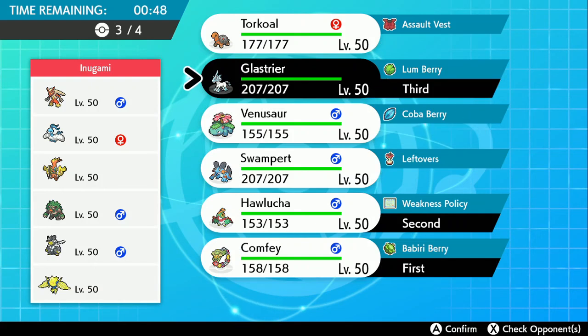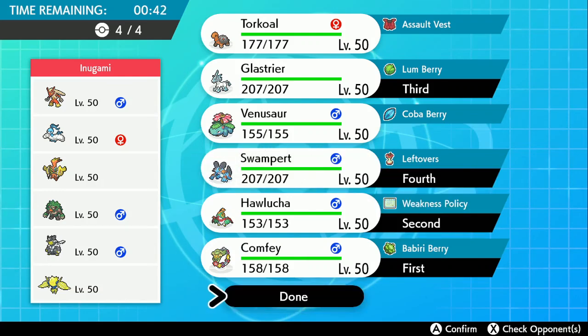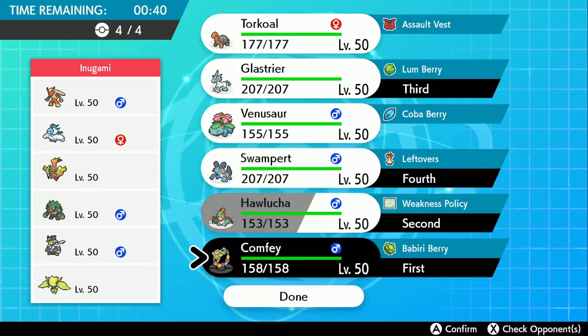Glastrier is really strong if I can let it get set up. Probably Swampert again, right? I think that makes the most sense. Hawlucha, Comfy is a good... Do I want to lead with these two, though? I could just lead with Swampert. Do I expect Rillaboom? I don't really. That's the thing. Like, do I expect...